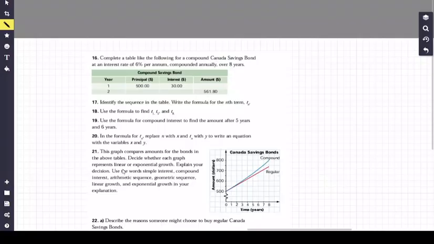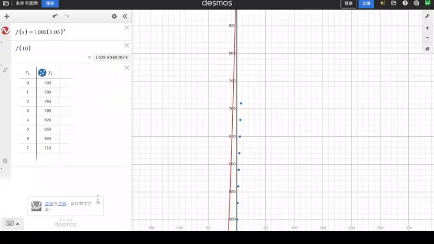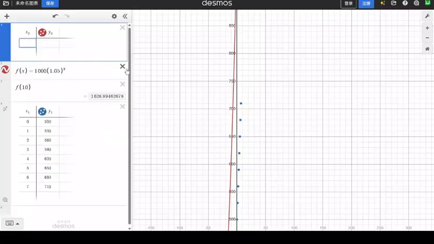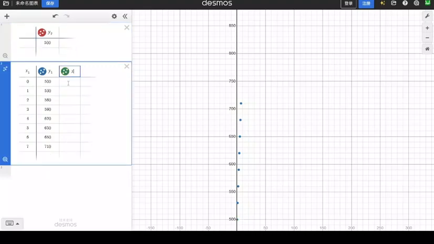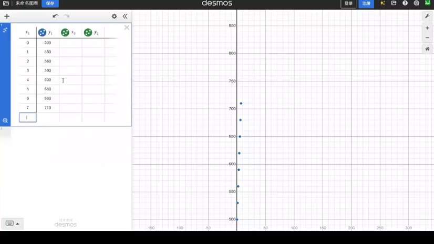So we're gonna hop on Desmos again, and it's just interesting to see the comparison of actually exponential growth versus simple interest. Can I put it here? All right. Yes, this is awesome. Side by side. Awesome. So year one, 500